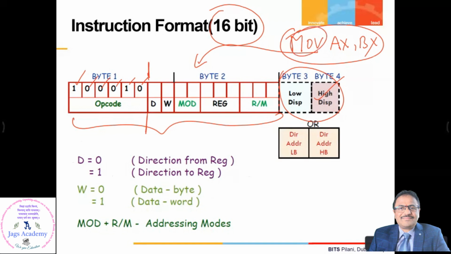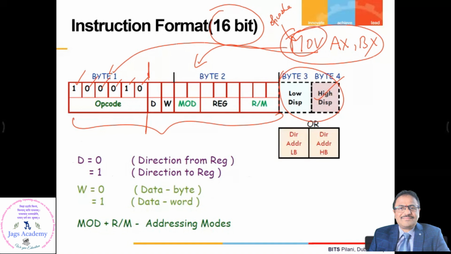MOV, ADD, and then subtract, SUB. All those are called opcodes. So this is your opcode. This move, which is actually an assembly instruction, in machine instruction it is represented as